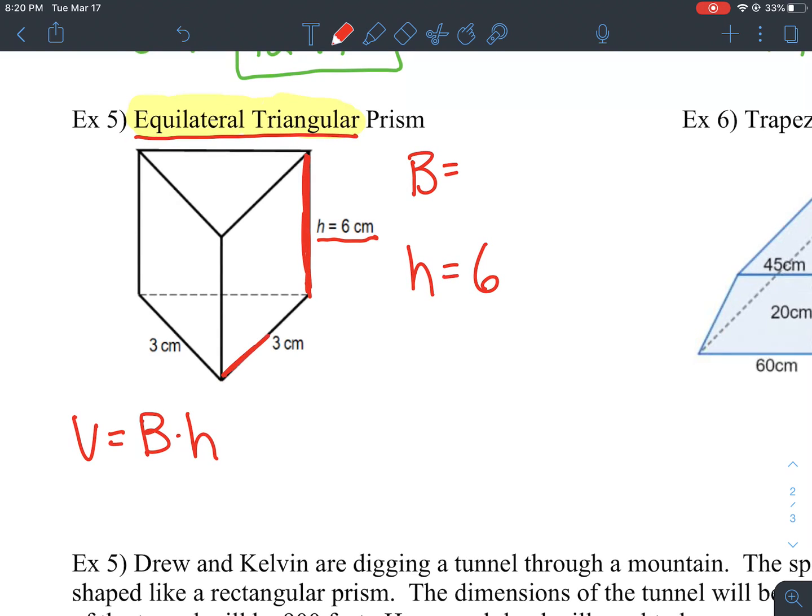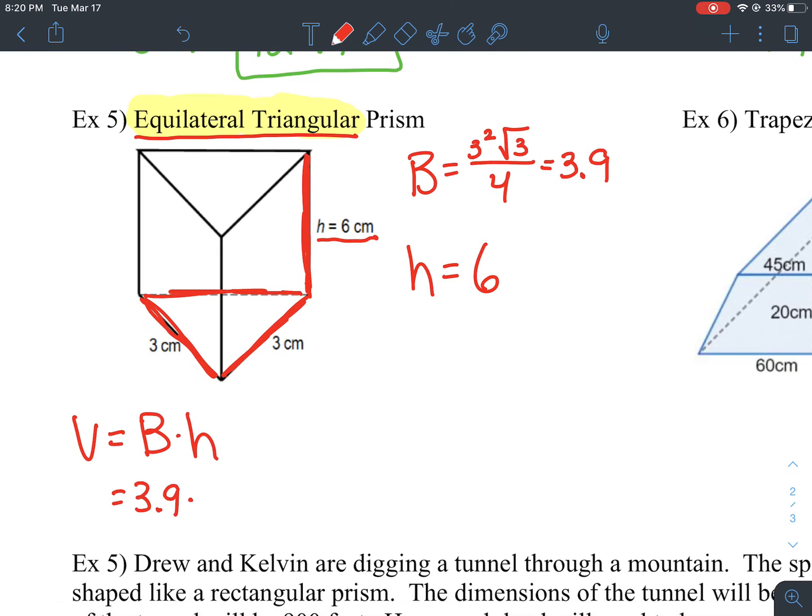In this case, we can see the side of the equilateral triangle is 3 each. So the area of the base is going to be 3 squared root 3 all over 4. Okay, quick calculation here. 3 squared root 3 divided by 4 comes out to be approximately 3.9. And that's the area of the base. So to find the volume, we're going to take that area, 3.9,